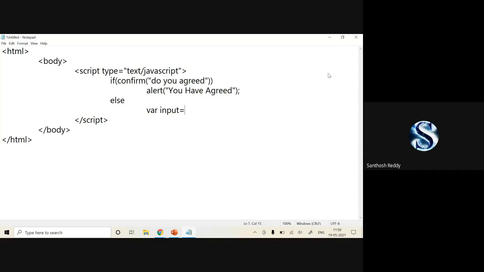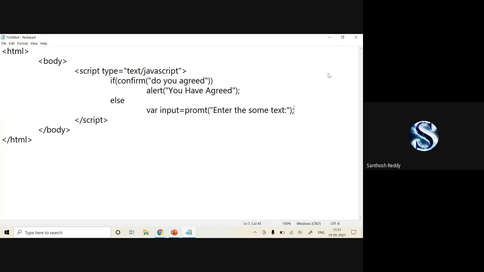If I want to take an input, which box do I have to display? Students, you have to make use of the prompt method. Prompt, 'enter some text'. I'll close this and give a semicolon.